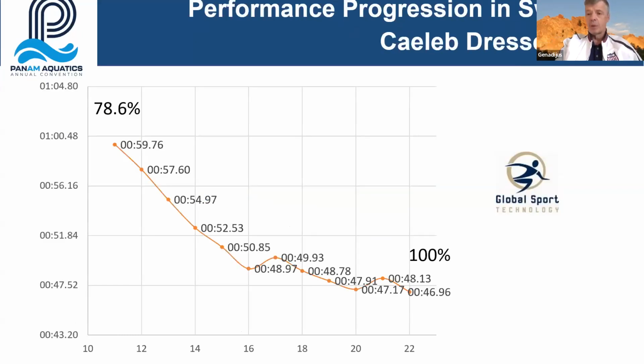If you look at Caleb Dressel, 100 freestyle results, very similar tendency, also results improving almost linearly until age 16, very fast improving. At age 16, he did already 48.97, maybe even too fast at this age. We don't want specialization at younger age, too young age. And then the results slow down. He still reached a result very close to the world record, 46.96, again at age 22. And the ratio or percentage of his age 11 result has been 78.6 relative to the best time in his career,